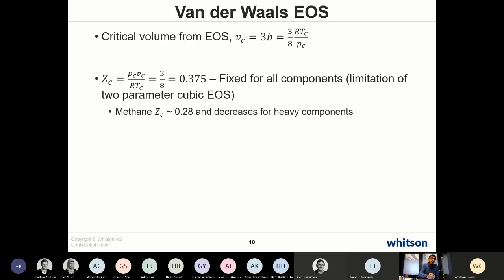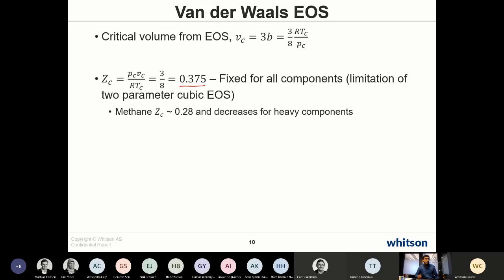And if we calculate the critical Z factor, which is simply PV equals to MZRT, and each pressure, volume, and temperature are critical properties, then we can find out that this is just a constant value, 3/8, the critical Z factor. So critical Z factor in this van der Waals equation of state model is 0.375, and you can see that it's just a constant value. So it's not